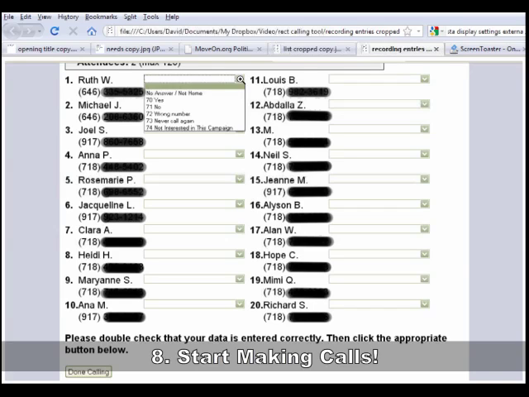Never call this person again. They really don't want to hear from us. Or they're just not interested in this particular campaign, but we might want to call them back for a different campaign. Now, after I'm all finished with this page, I've filled in all of these good people,